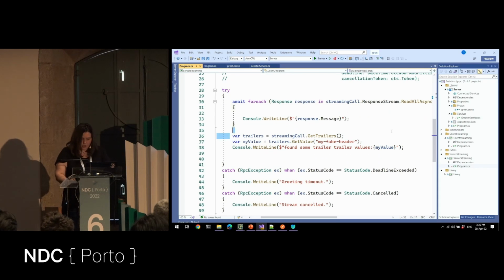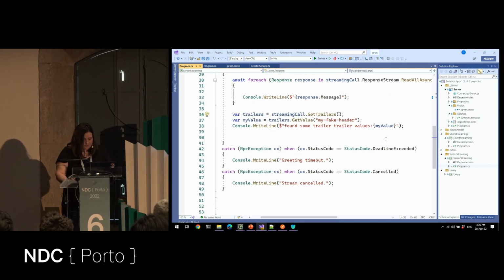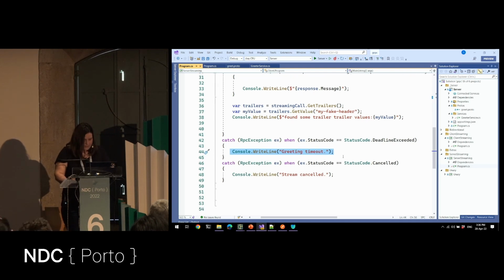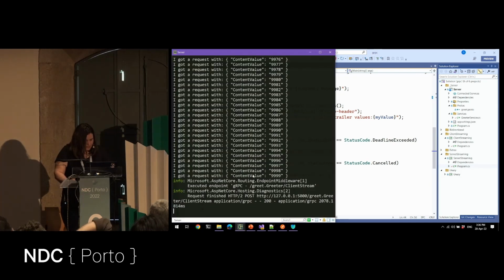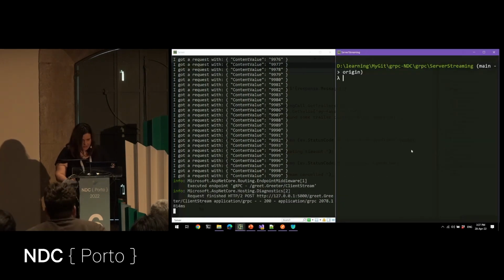And here I'm going to show you the trailer values. Okay, same when something happens, you can write something in the console or log or whatever is the case, and it's still the same. Server is listening, and I'm going to run the client, .NET run.